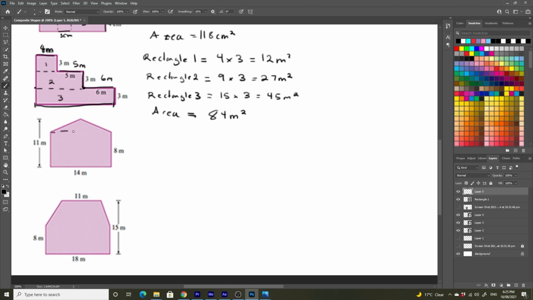If we divide this here along this line, we can see that we have a triangle and a rectangle. And the area of a triangle, if we remember from the previous lesson, is equal to half times base times perpendicular height, which is abbreviated to half times b times h. So, what do we have here? We have a rectangle, so the area of rectangle 1